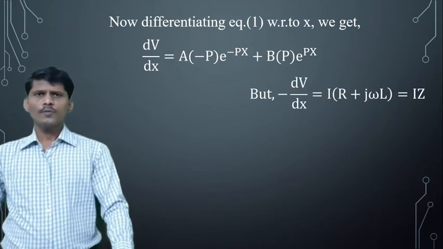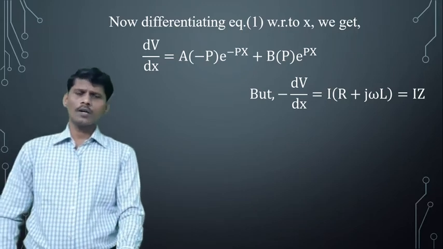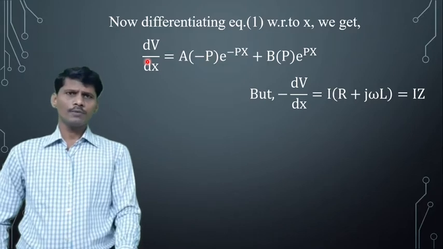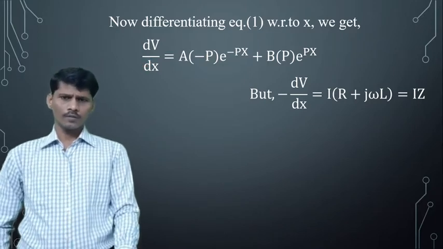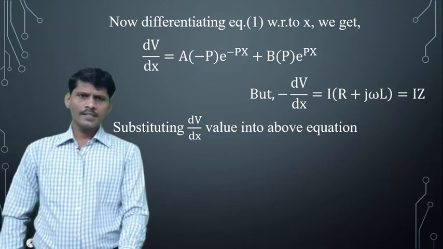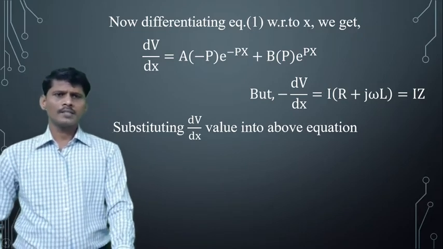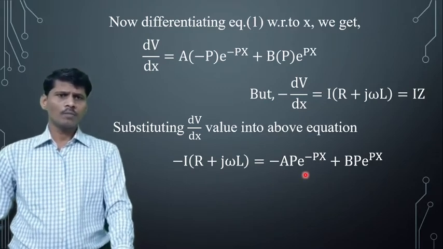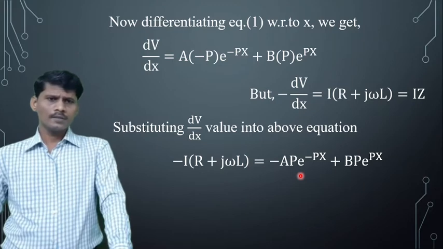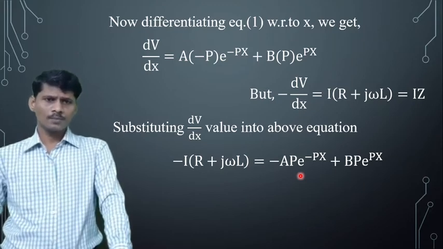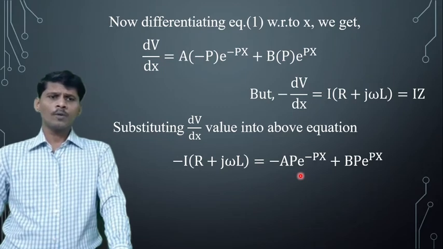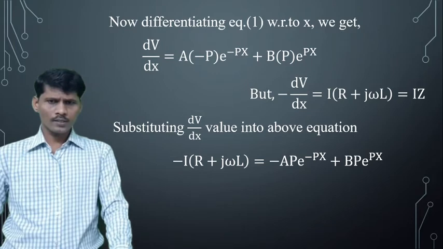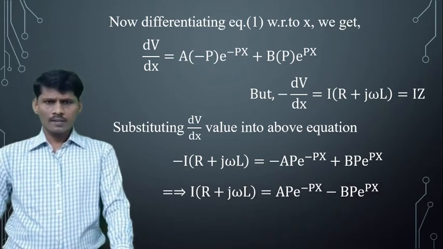But the value of dV by dx is minus I into r plus j omega L. In this equation, on the LHS, substitute the dV by dx value. Therefore, minus I into r plus j omega L is equal to, on the RHS, taking minus P common from both terms, minus P into A e power minus Px minus B e power Px. On both sides, the negative sign is cancelled, and current I is equal to